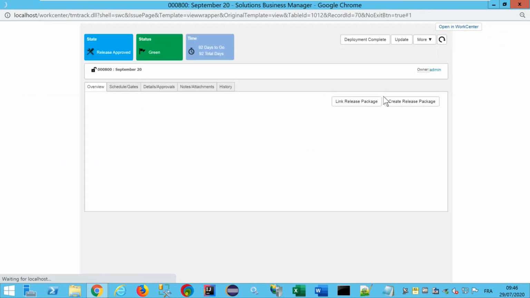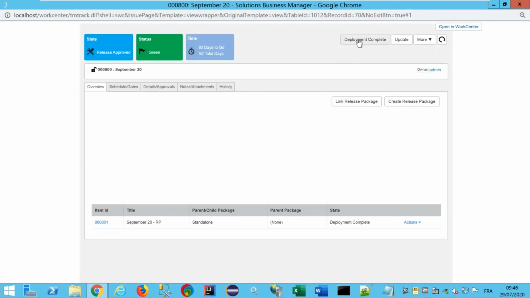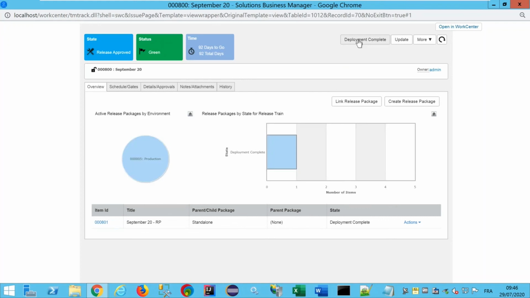And we can say at the train level that, okay, the deployment for this train is completed. So it means that all release packages belonging to this train are successfully deployed into production.